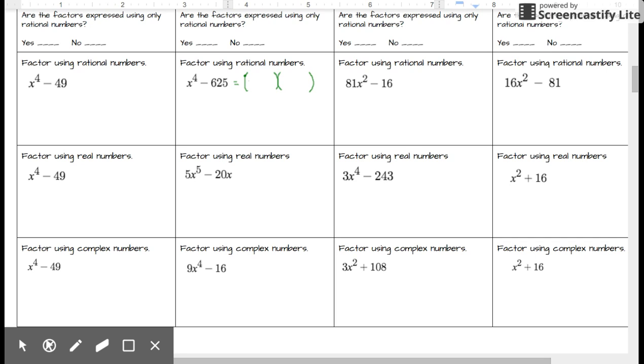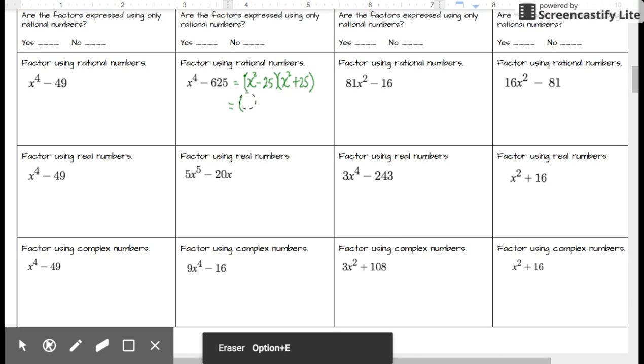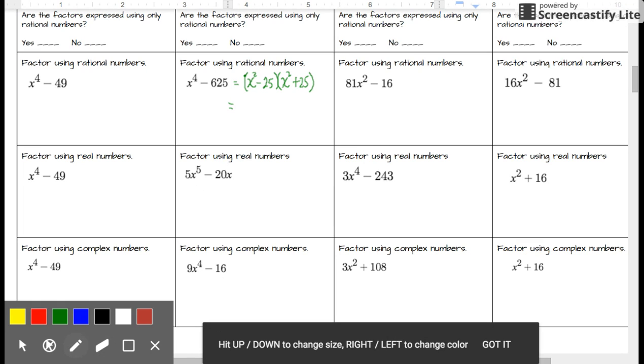So let's put for the first factor x squared minus the square root of 625, which is 25, and x squared plus 25. Now, since x squared minus 25 is another difference of two squares, we can still factor this, and we can put